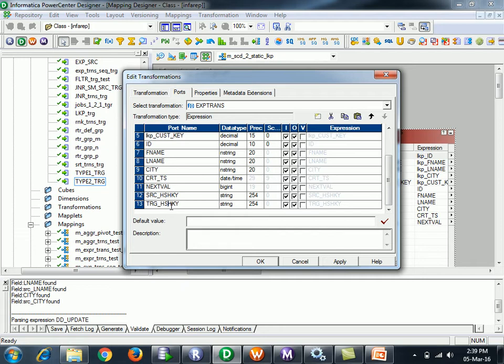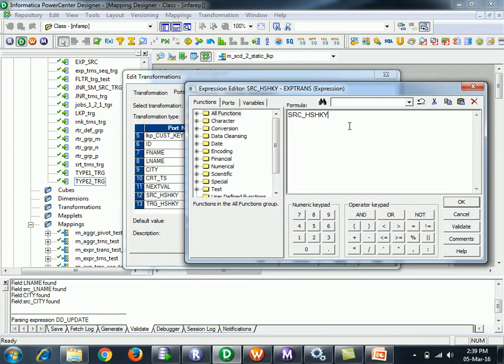One is the source hash key, one is the target hash key, and this will be an output port. And what we will do over here is,